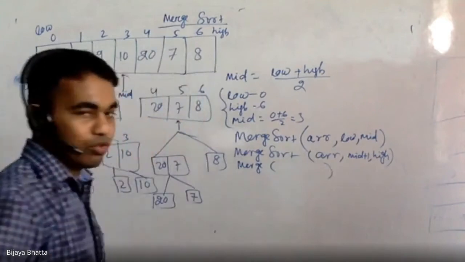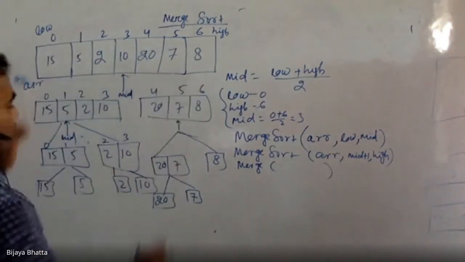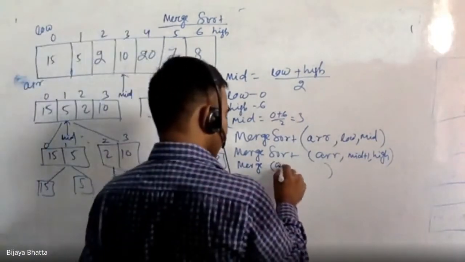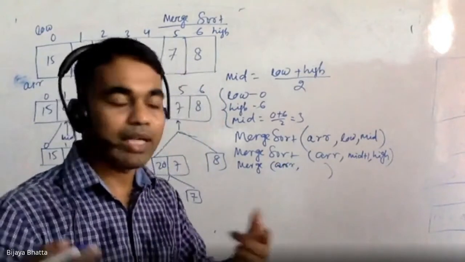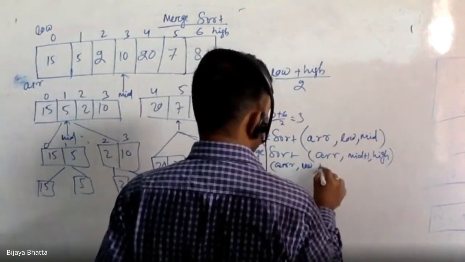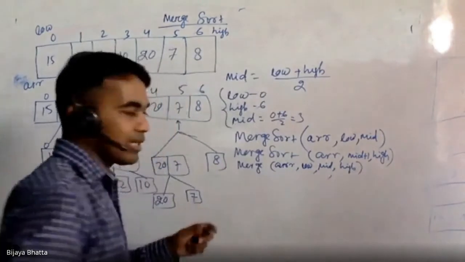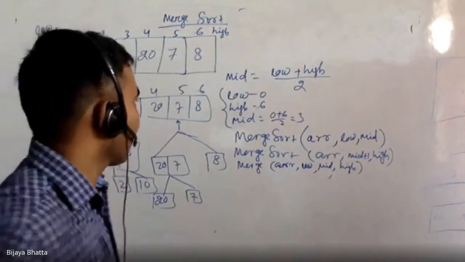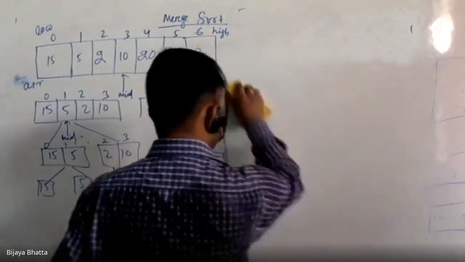You will merge what? Because you divided this array, mid and right, you will pass the same array, ARR, the same list, and then low, mid, and upper bound. So once you pass low, mid, and high, how the merging will happen we will go into in detail, but this will be my algorithm. So let me write it completely.